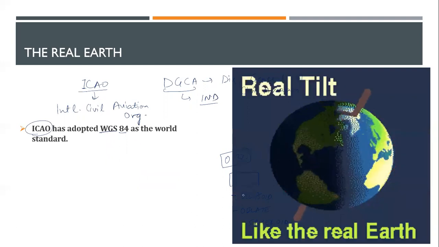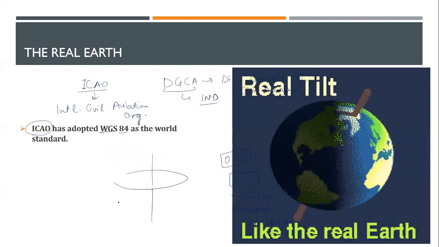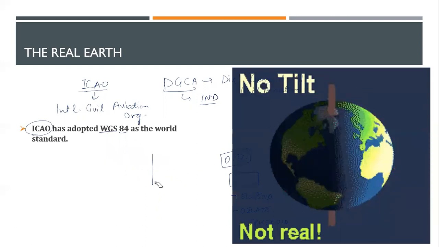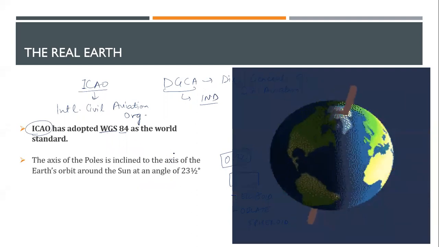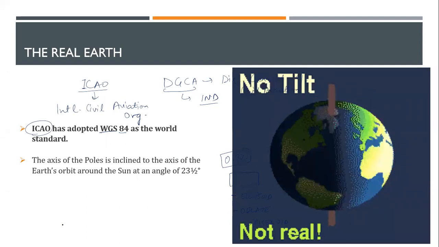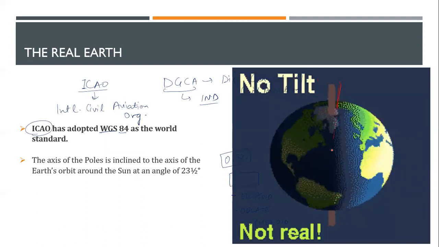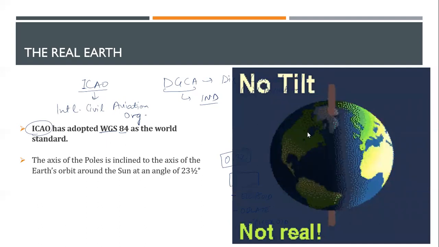Then one more fact is that the Earth itself is not rotating on just a linear axis or horizontal axis. If we talk about the real Earth, it is tilted by 23.5 degrees to the axis of rotation. This is the axis of rotation. I'll use another pen. You can see the Earth is inclined by 23.5 degrees. Why I'm telling you all this? Because I want you to start actually imagining. I don't want you to focus on notes. I don't want you to focus on everything.